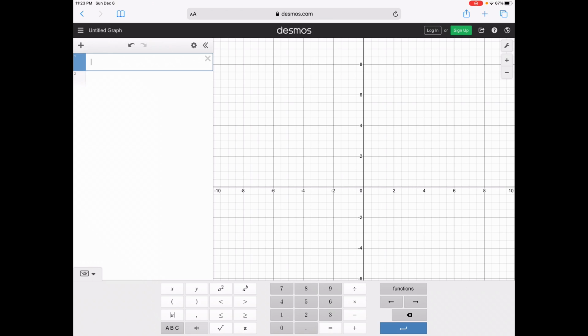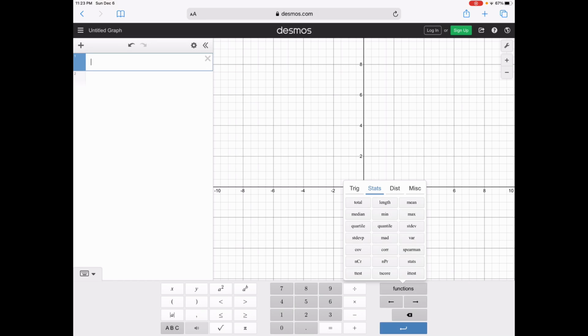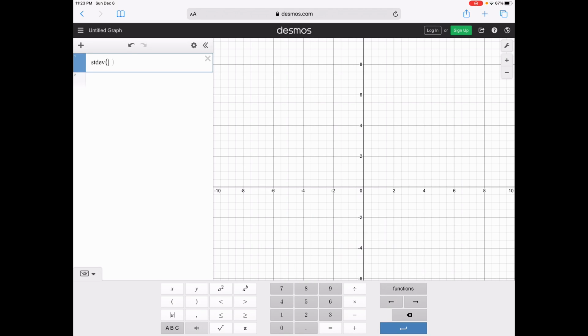Now that we've pulled up the Desmos.com graphing calculator, we've graphed on this before, but now we're going to go down here to the bottom right where it says functions, and it brings up some options. Lots of different things we can use, but we're going to stats to represent statistics. And specifically, we are looking this time for the standard deviation. So I see it on the far right column, the third one down. And now I've got a situation in the top left of my screen where I've got to put in my